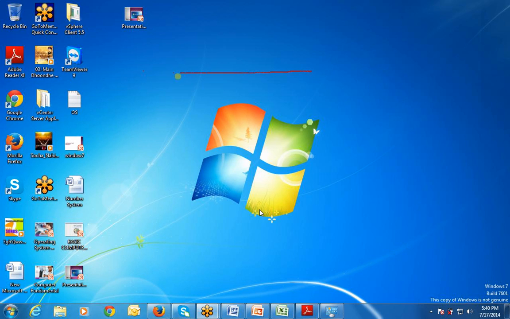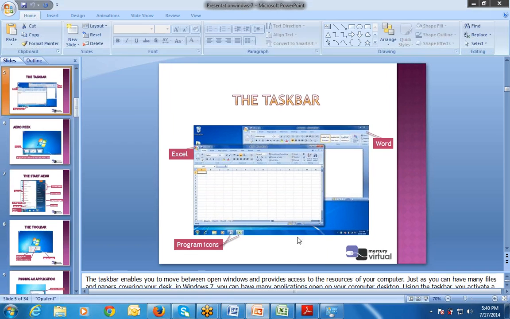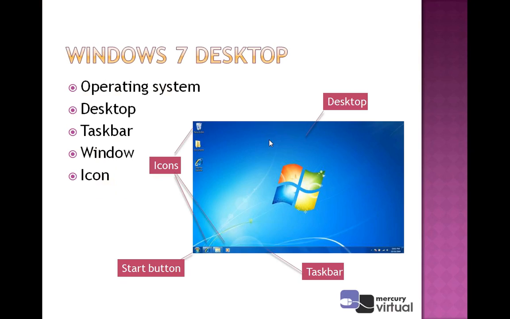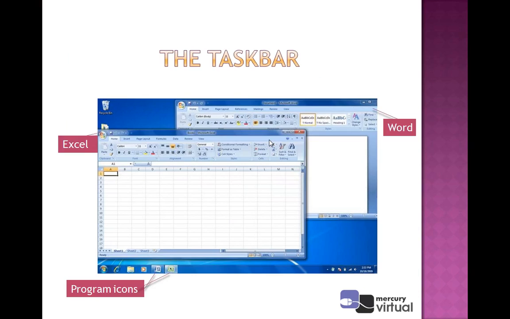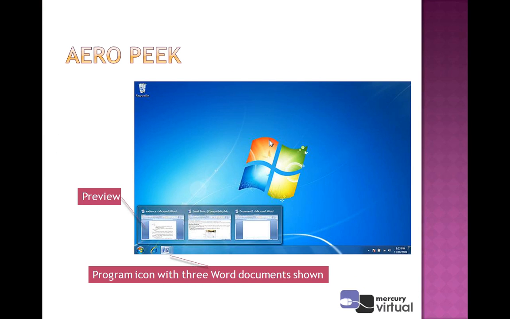So have you understood what a taskbar is? It means the bar which is at the end of the Windows screen, that is known as the taskbar. Now let's see another slide. Next slide is what is arrow key.